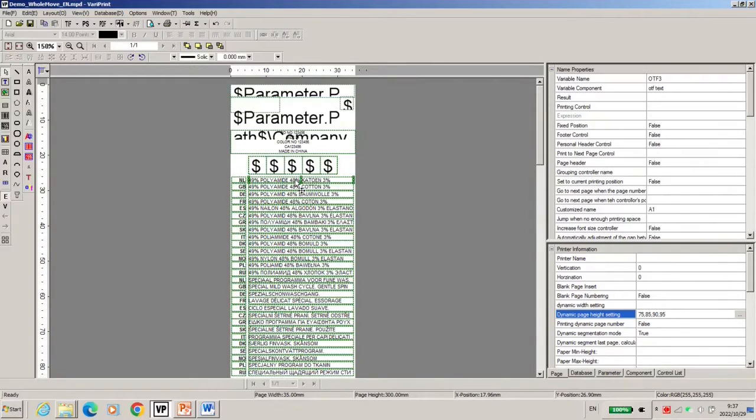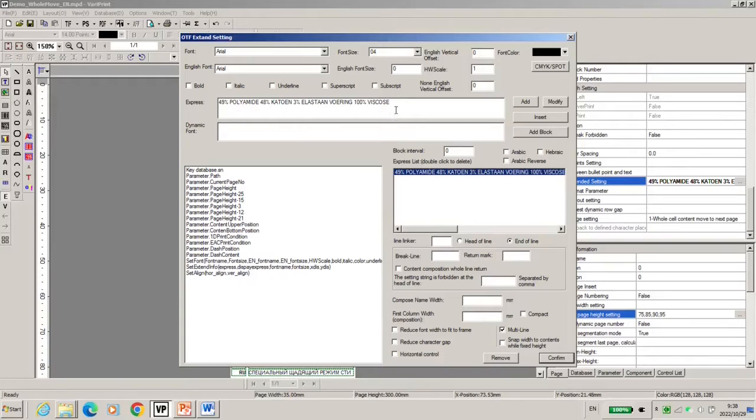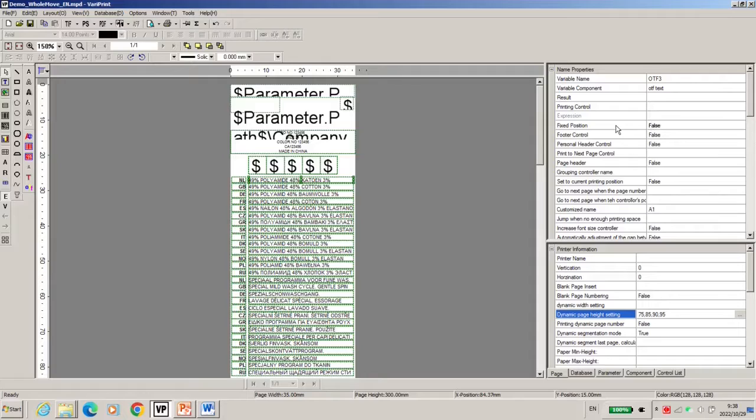Then below is the important part. We start to design the country code, and here is the position. Using the box controller, drag two boxes. There are some important settings I will introduce. First, of course, is linking to the content. Here, I still input the fixed value. An important setting is here. You need to set the fixed position from true to false.